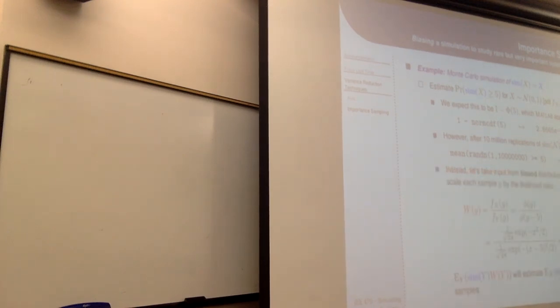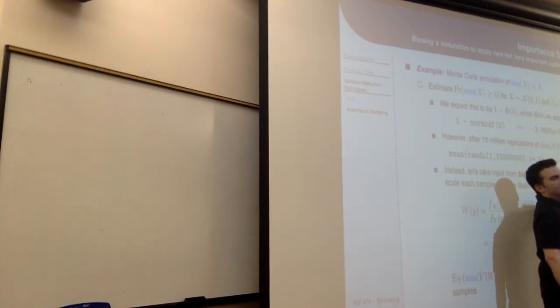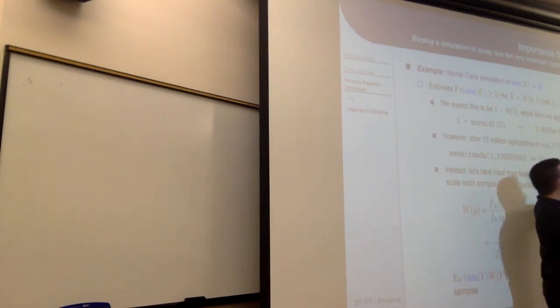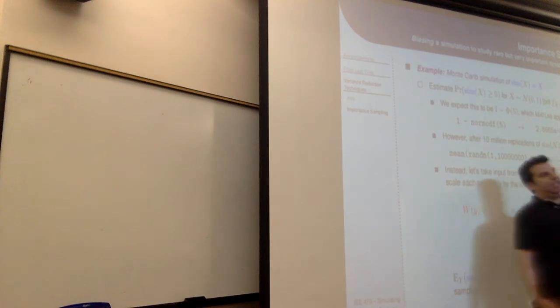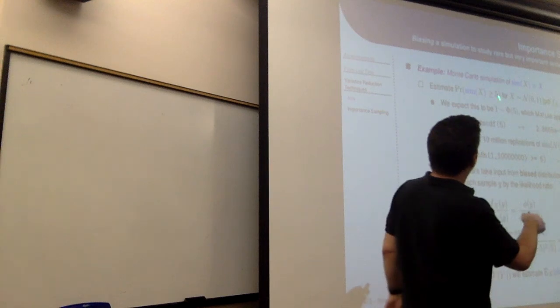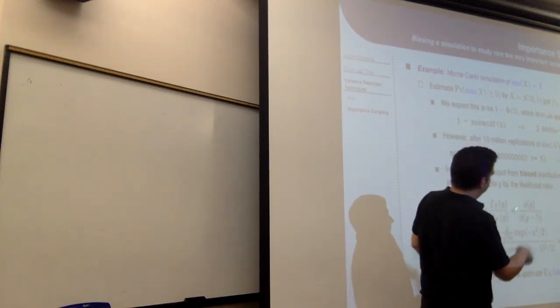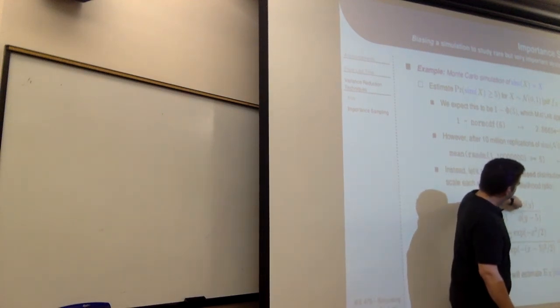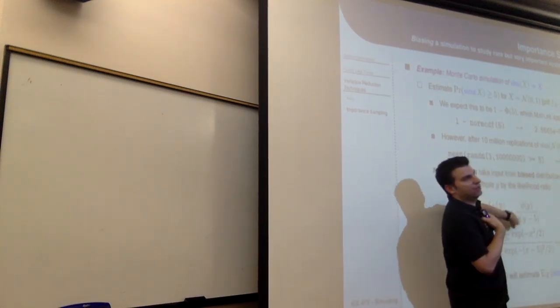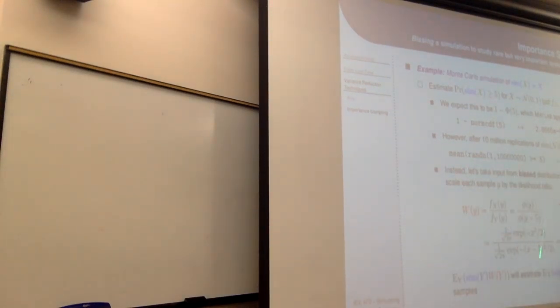So how do I fix that? Well, what if instead I use an input that's biased to be around 5? I'm just going to make a really bad input that has its mean at 5, same standard deviation. I know the PDF for this input. I know the PDF for the normal input. And so I can calculate this likelihood ratio. It's just the PDF of the standard normal over the PDF of the standard normal shifted over by 5. And that gives me this expression if I go through the math here. And so this is my likelihood ratio.